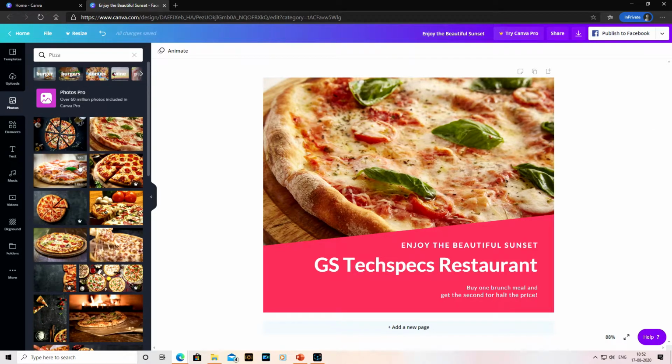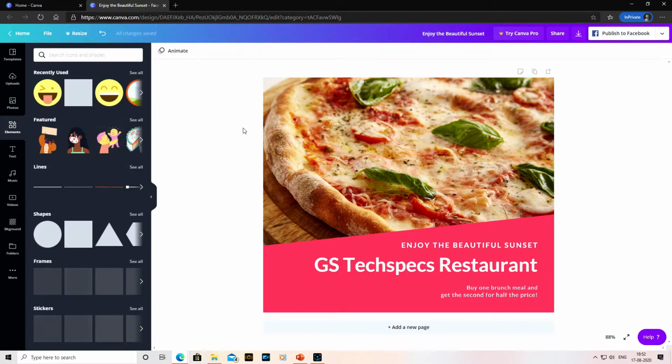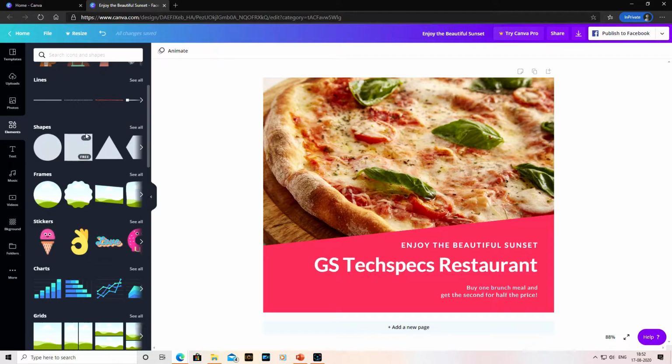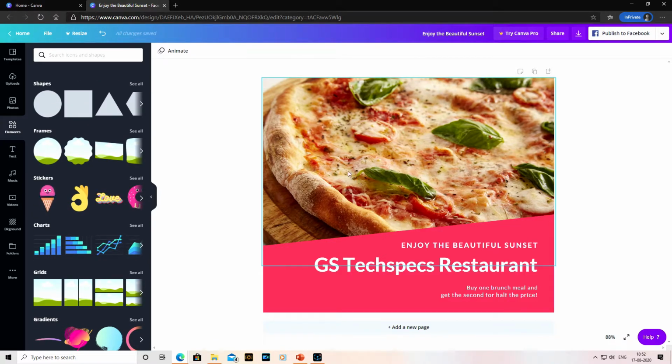Now also, apart from the images, there are various other options which are available. Elements. Now under elements, you will see lots and lots of options available. You can either use shapes like these lines, circle, square. You can also use frames for your design. So let's say you're trying to create a happy birthday image, or an image where you want to put something inside the frame, you can use frames. You also have a lot of stickers available. Same way, for all the options that you see, there are free options available, there are paid options as well, but in this you will find a lot of options which are free,